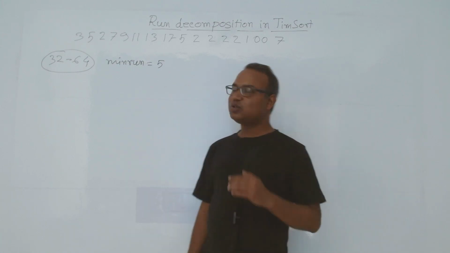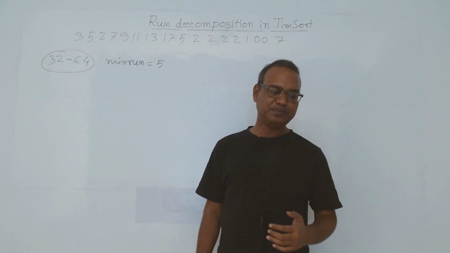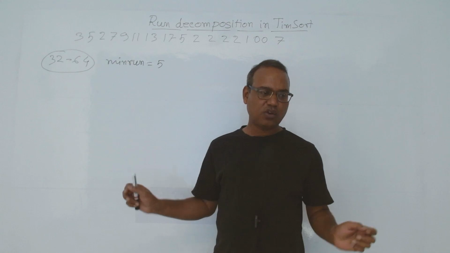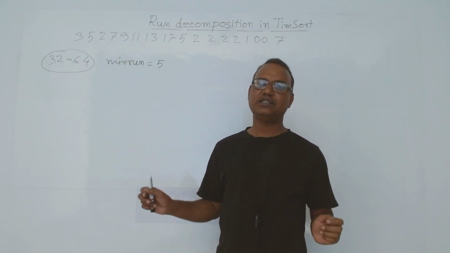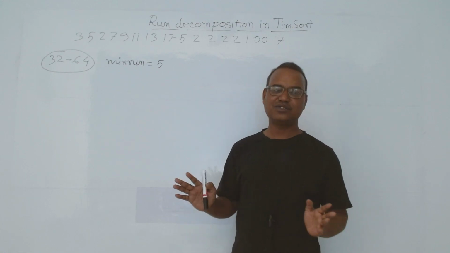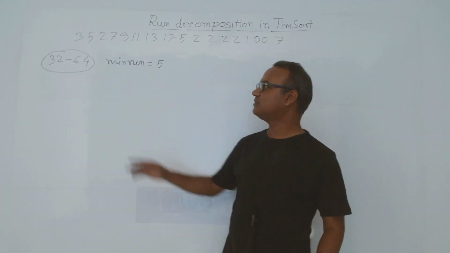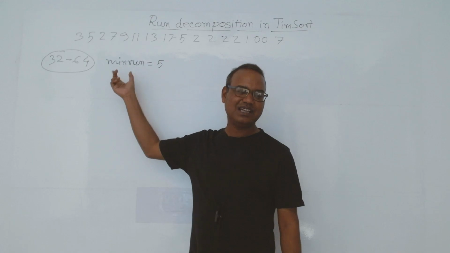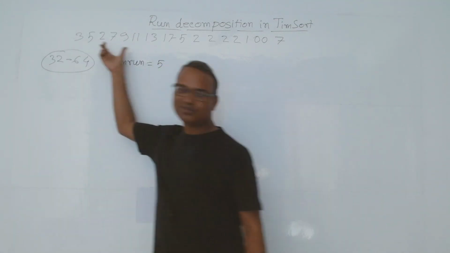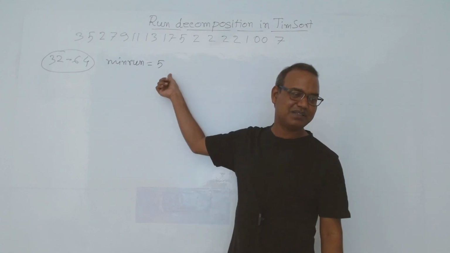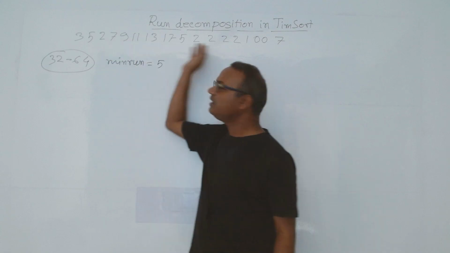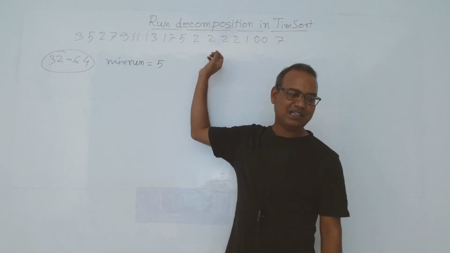Okay. So in the Timsort algorithm, the first thing was, given a long sequence of array, break it into chunks, and the chunk size was fixed. There was some constant called minimum run length. Generally it is taken 32 to 64, but I have taken a small example, so I have fixed this minimum run length equal to 5. Okay, let's say this is my array of elements, and we have to do